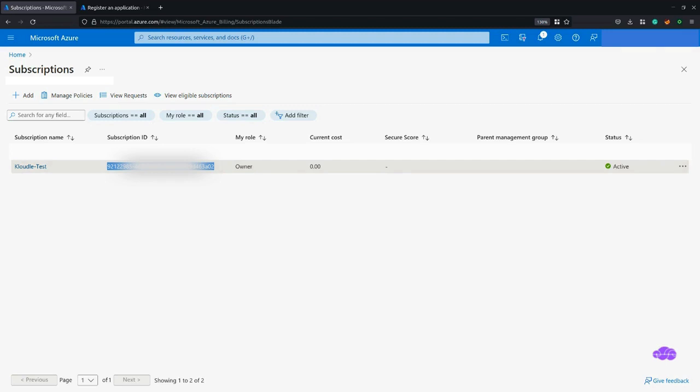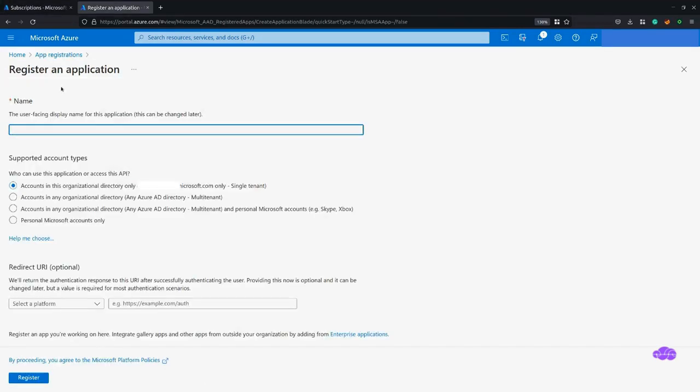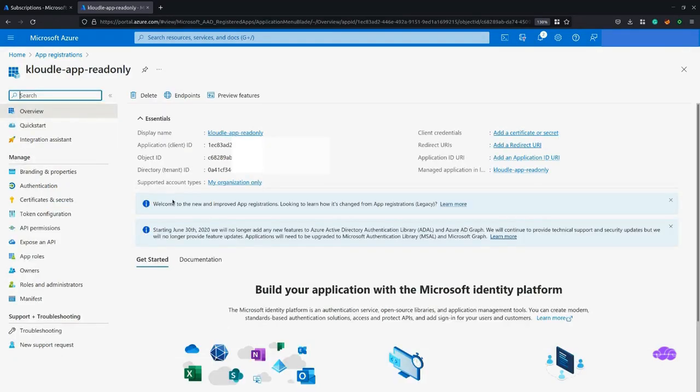Now we will go through the Azure Service Principal setup. The prerequisites are a user with administrator privileges who can create app registrations. Let's register an application. Provide Kloudle app read only as the name. Select accounts in the organizational directory only, single tenant. Click on register. Now we are on the application page, and note the application client ID and directory tenant ID